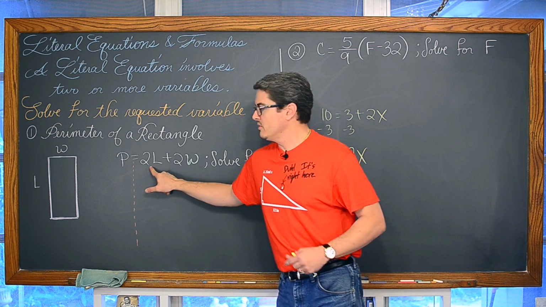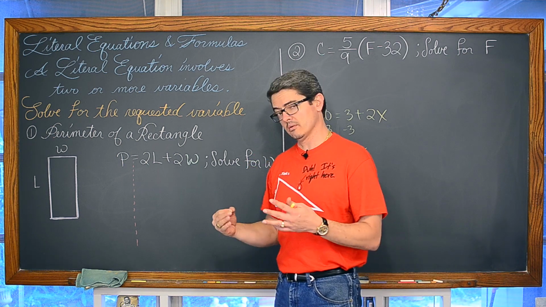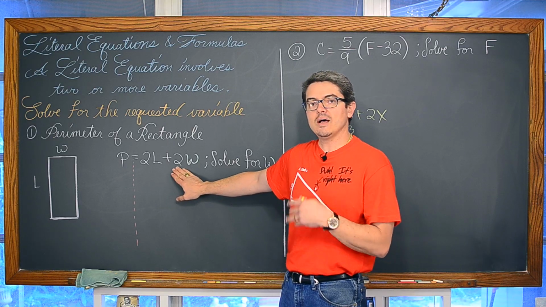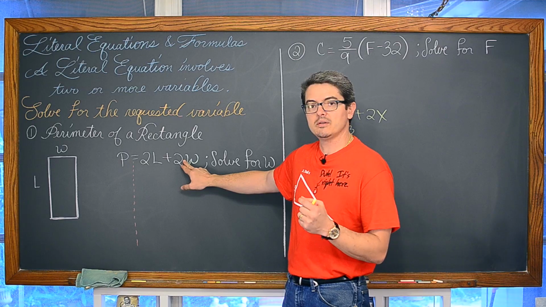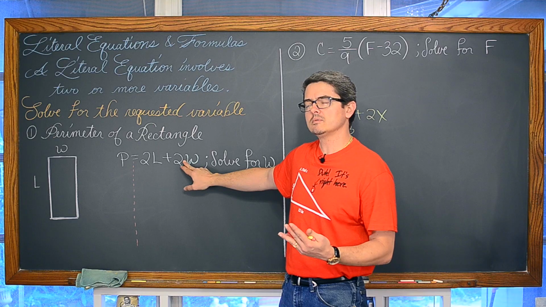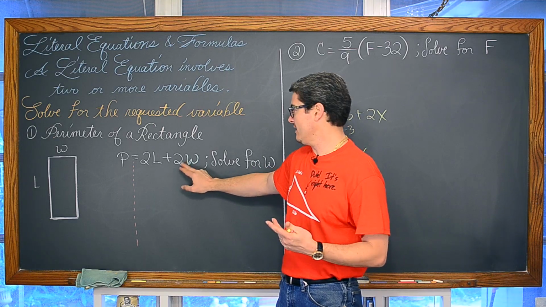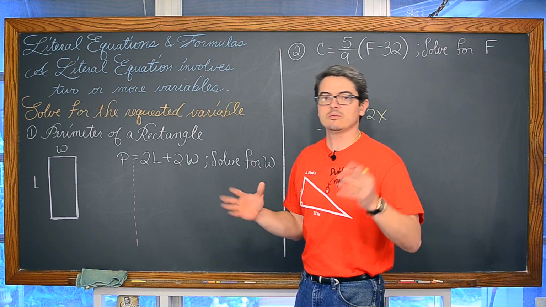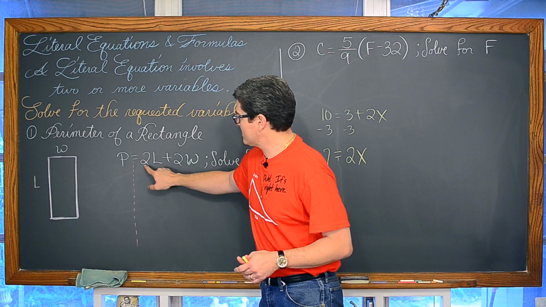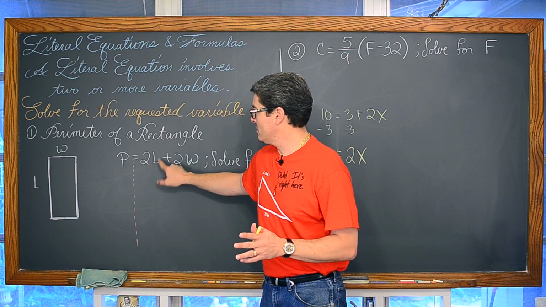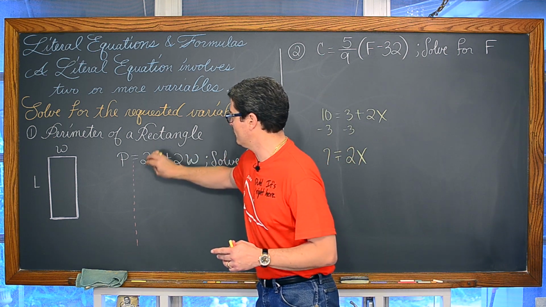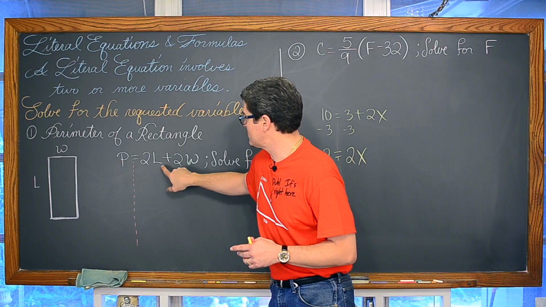Well, getting back to our actual problem here, our literal equation, when we're trying to solve this for W, the W has a 2 attached to it. It's combined with the 2 through multiplication. And remembering our steps of solving linear equations, we want to save that last step, that division, for the end of the problem, so we don't create any extra fractions that we need to deal with through the rest of the problem. And we have this 2L, this standalone term. It's over here on the right with the W. We're trying to solve for W, so we're going to move that entire 2L term over.